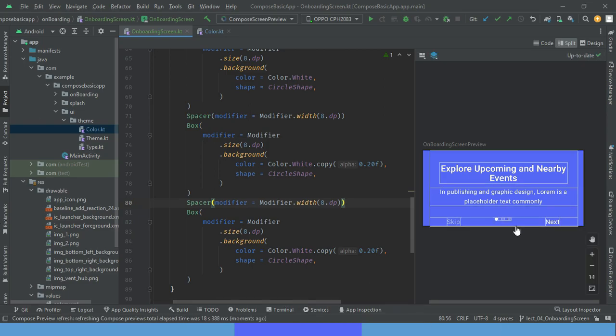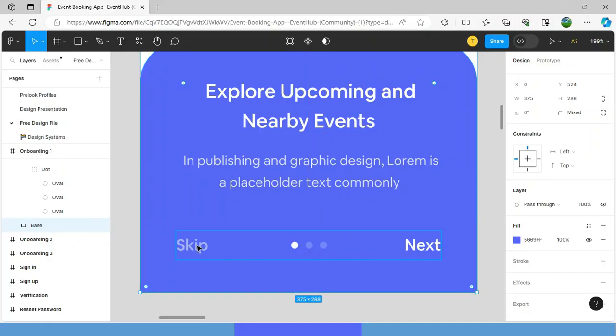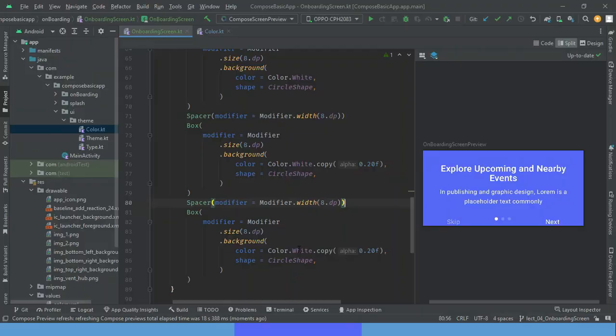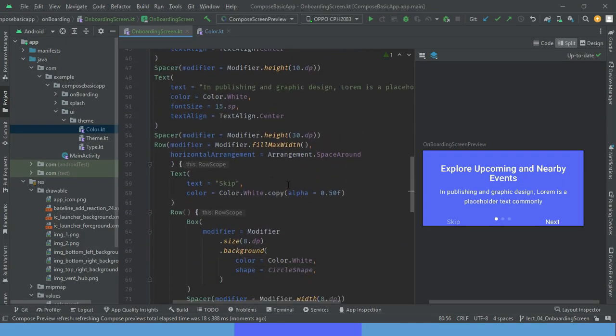Okay, so the spacing between these dots has been applied. So these horizontal components should be aligned vertically, in a sense that these dots should be considered in the center of this next and skip. So for that I will